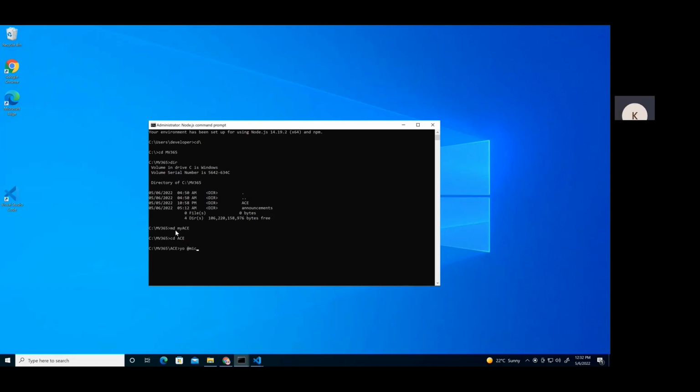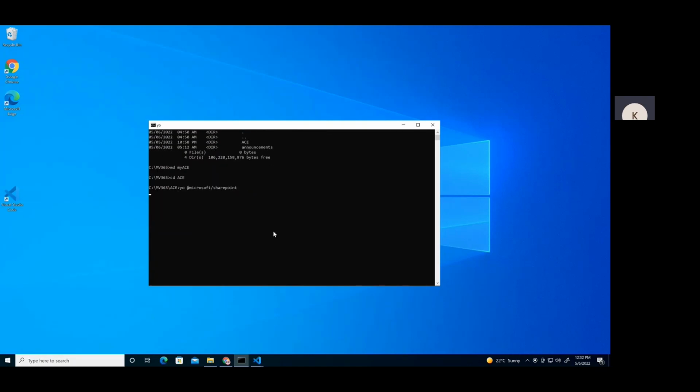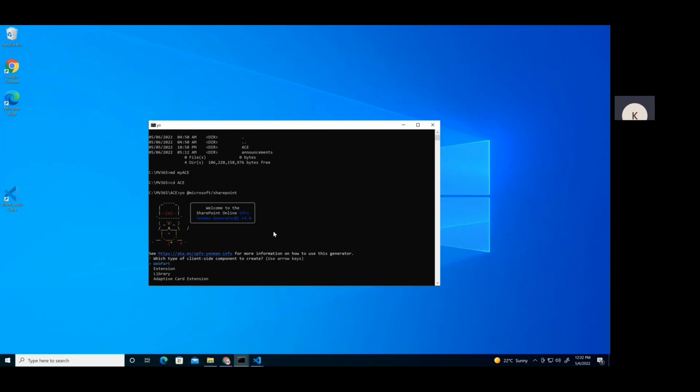using yo @microsoft, the same command. It will ask you a few questions, like what type of component you are going to create, and what is the name of that. Here you can see there are 4 options. I'll show you 2 of these. One is the web part, and the second one is the adaptive card extension. So let's first jump into this adaptive card extension. I'm just selecting this,